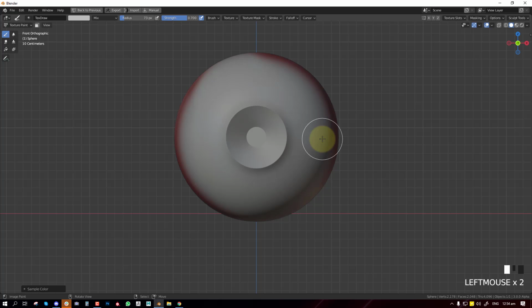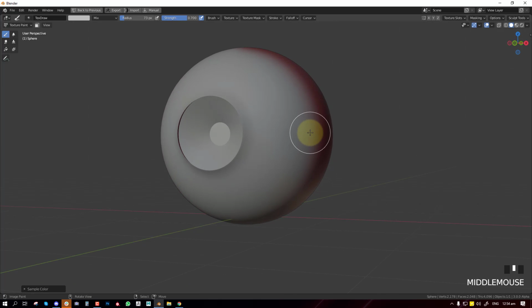Then we draw some veins. So I'm using my pen. I'll just adjust it. So you can just have fun with this part.